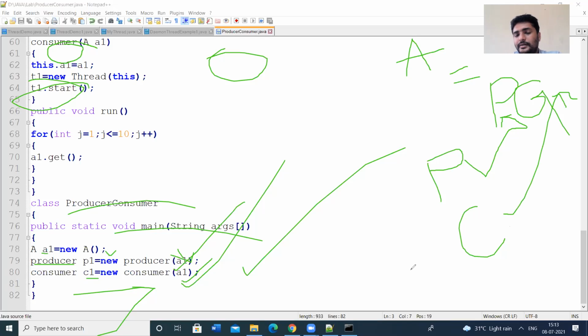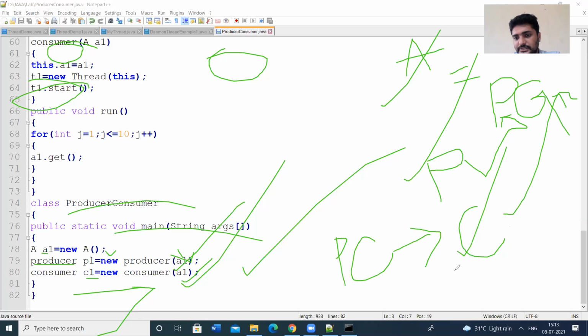In the main class, I have created the objects A1, P1 and C1. So this is the simple program to illustrate the concept of producer and consumer.